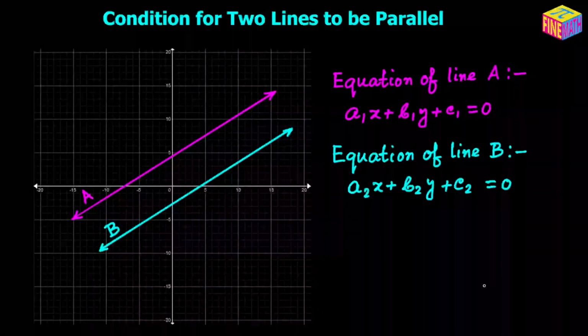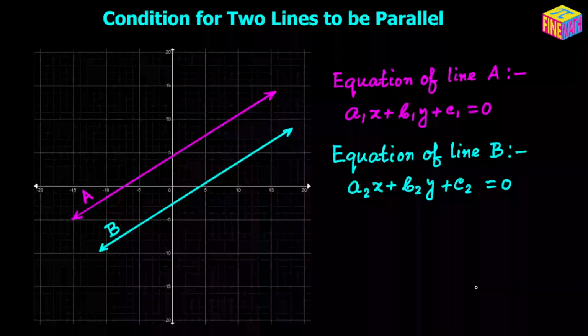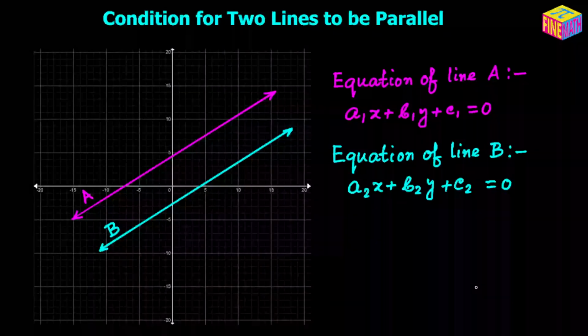Hi everyone, in this video we are going to discuss the condition for two lines to be parallel. So we are going to find out what is the necessary condition for two straight lines to be parallel, right? So in this diagram I have taken two parallel lines, line A and line B, and let's assume that they